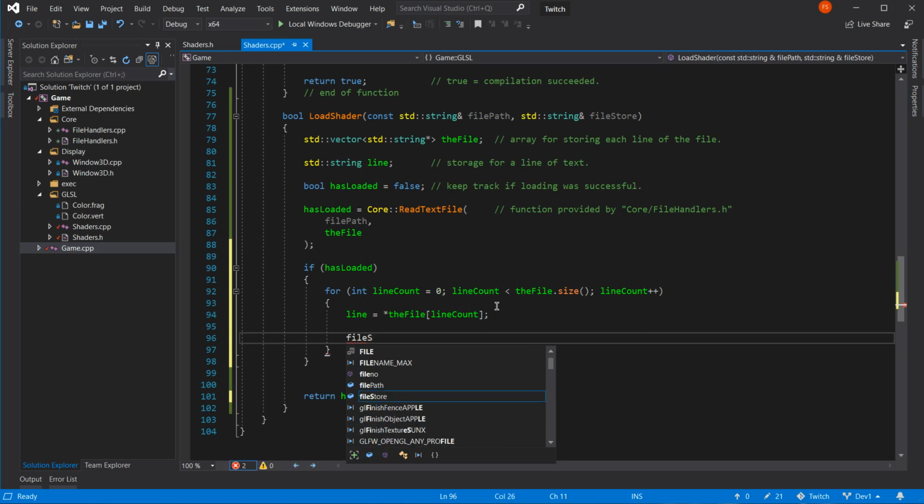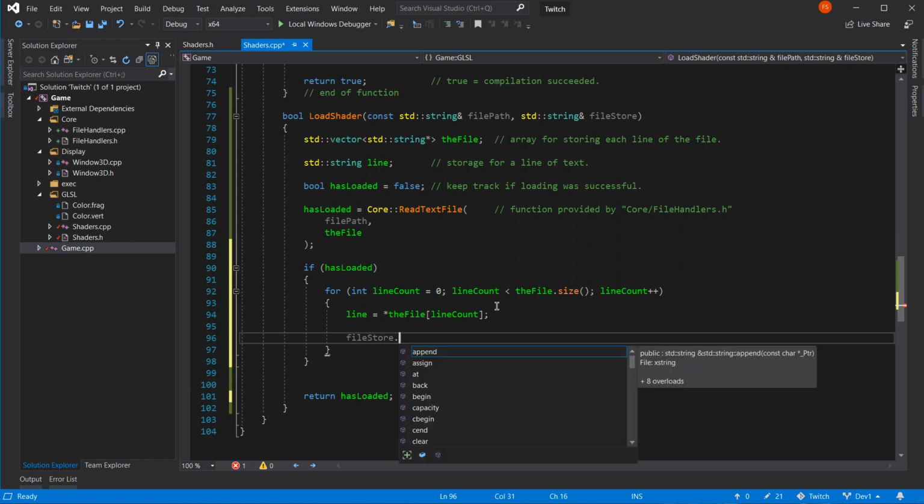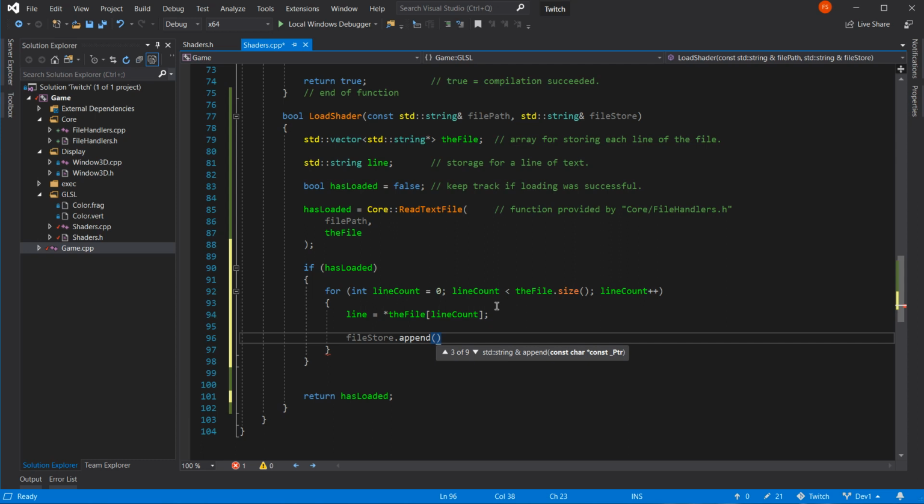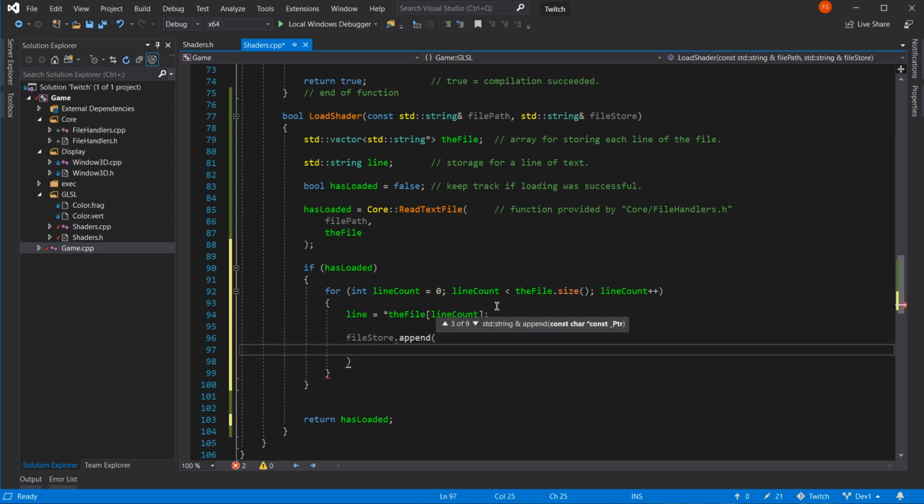So that's file store. No. It's dot append, open brackets. In other words, add to the end our line plus \n, please, Bob. Yeah, it's got to have a \n at the end of every single line.